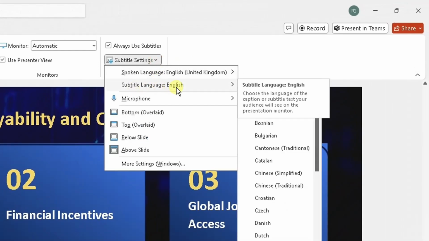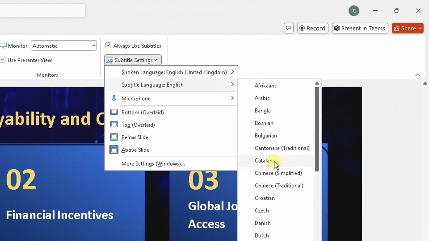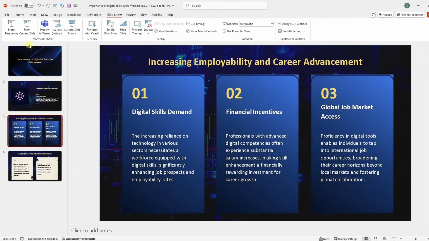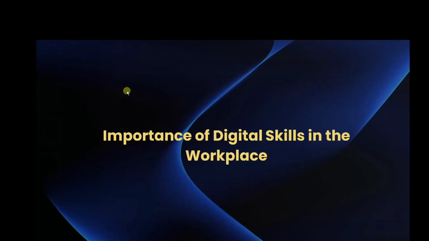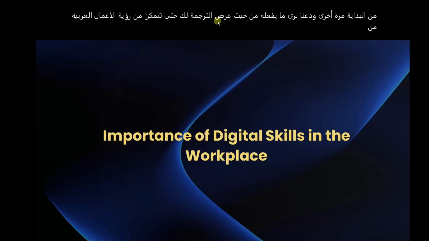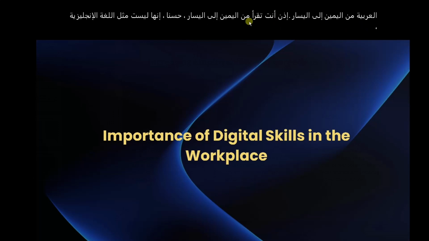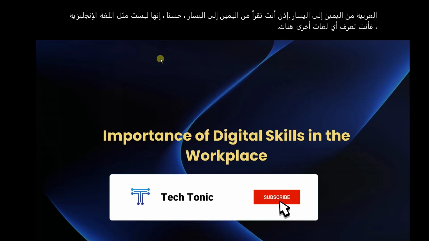So the subtitle language is currently English. I'm going to choose Arabic. Here you go. Now let's go back into slideshow mode. Go from beginning again, and let's see what it does in terms of it showing the subtitles to you. So you can see Arabic works from right to left, so you're reading from right to left. Okay, it's not like English, any other languages out there. It's always right to left. So you can see everything there is in Arabic,